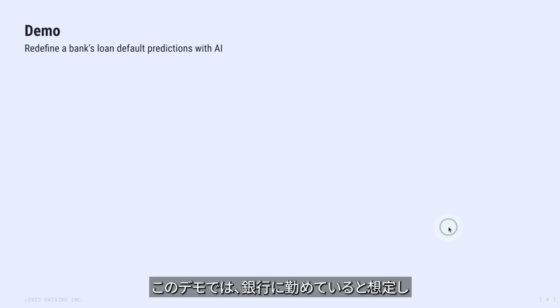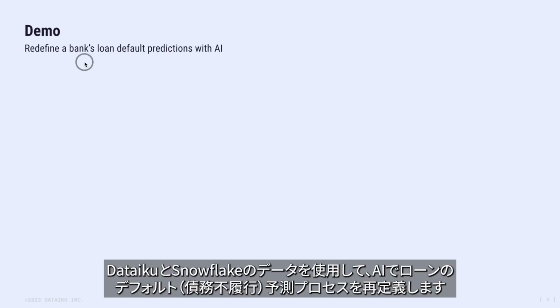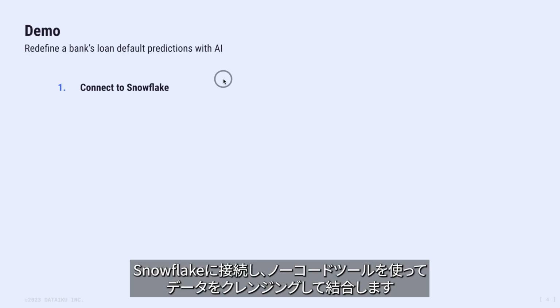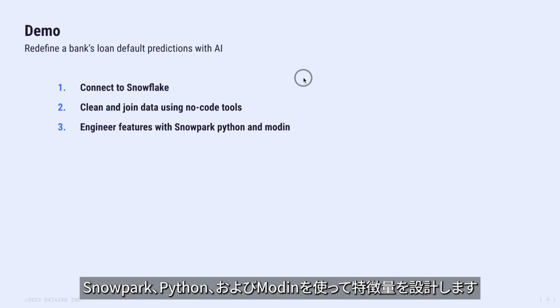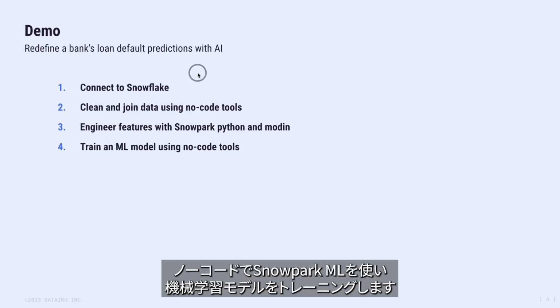In this demo, I'm going to pretend that we work for a bank, and we're going to redefine their loan default prediction process with AI using Dataiku and Snowflake. So we're going to connect to Snowflake, clean and join data using no-code tools, engineer features with Snowpark Python and Modin, train an ML model using no-code tools using Snowpark ML,